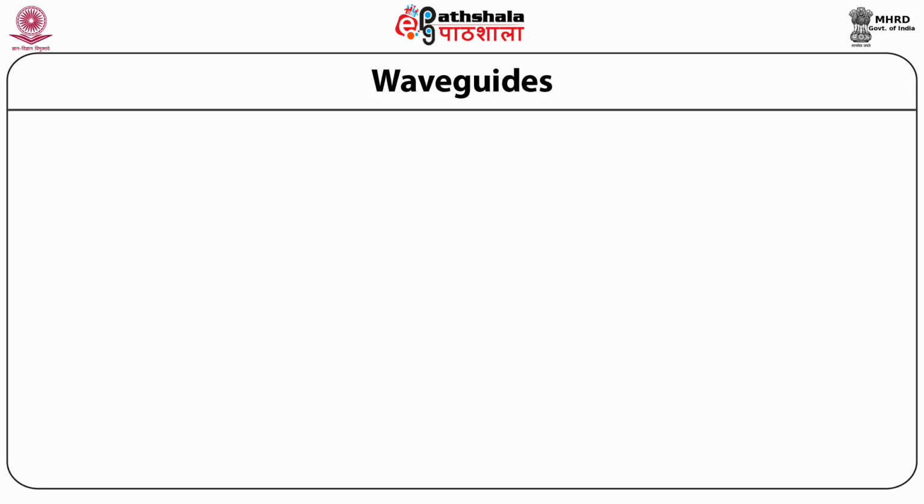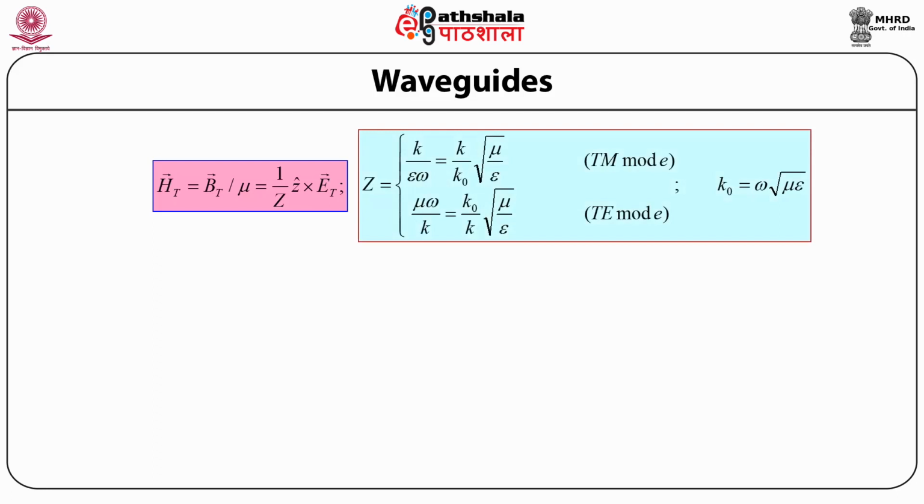So using those equations and the relation between the transverse fields, both for the transverse magnetic and the transverse electric modes, we can write down the transverse component of the magnetic field, that is the transverse component of the magnetic field induction vector by mu, is equal to 1 upon Z whole times unit vector z cross product with the transverse component of the electric field, where Z is equal to k upon epsilon omega, and this is equal to k by k naught times under root of mu by epsilon for the transverse magnetic mode,